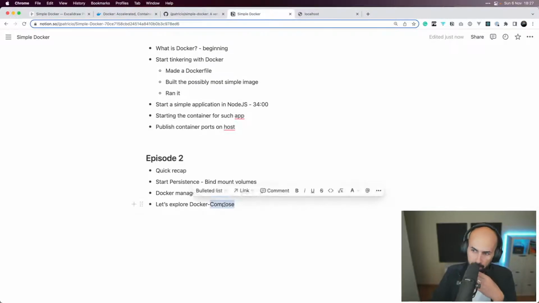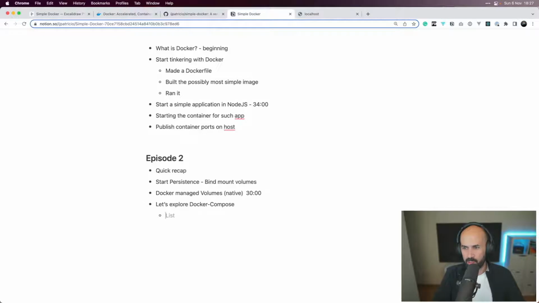I don't know if this is the official definition, but it most likely is from there. What it means is that we can make compositions, yeah? So if we want to make one container or two containers, let's say one app and one database, we would need to run one command like docker run